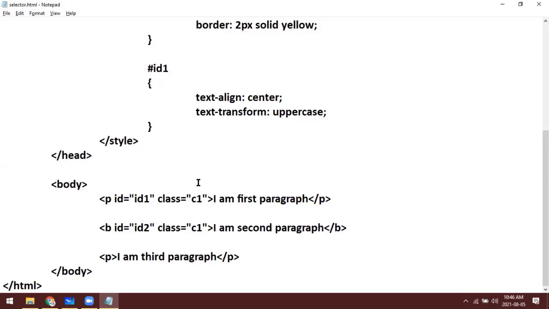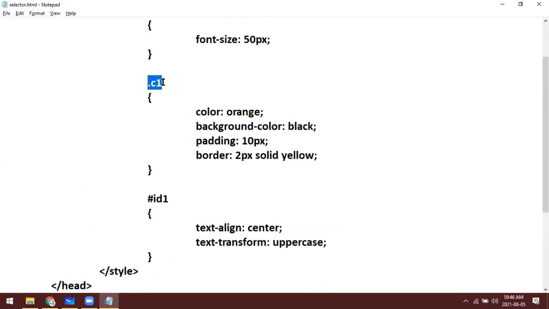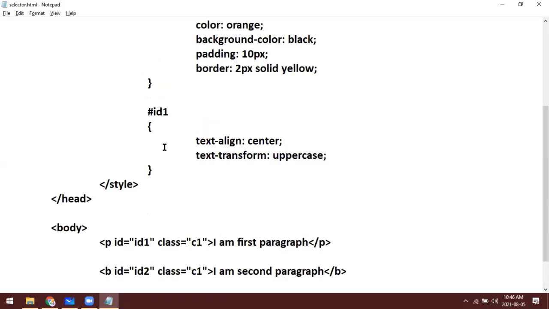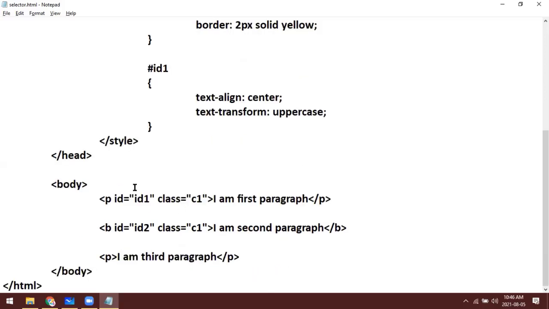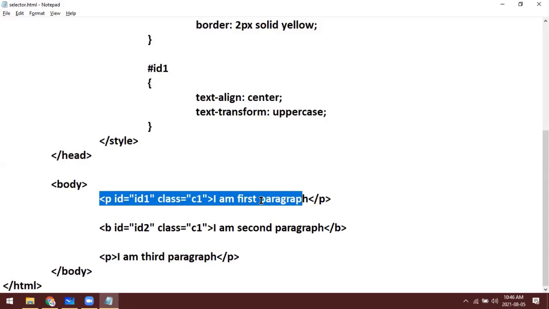Now what if you want to apply this C1 class reference only where the HTML element is a paragraph?